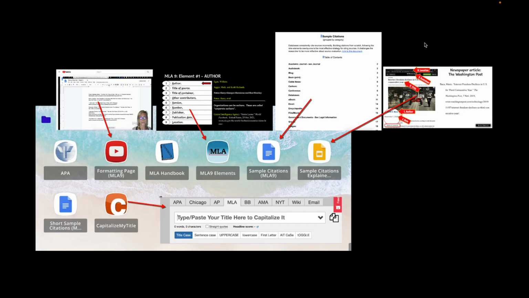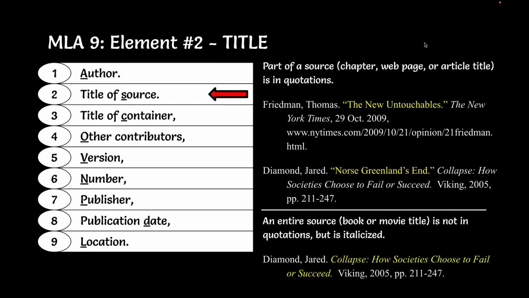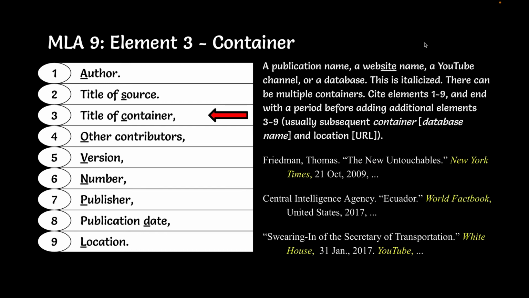All right, so when I said the MLA 9 elements, this is what that slide deck looks like. I'm just going to show you a few slides, but one of the questions we get all the time is, what if I have more than one author? Well, this is answered here. Or what is the title? If you want to talk about what your title looks like, how is it a part of a whole? Unless you don't have a part and you're just doing the whole, so that would be the book at the bottom. You'll see that this is for container. It talks about what kinds of things can be a container, and what happens when you have 2 containers.